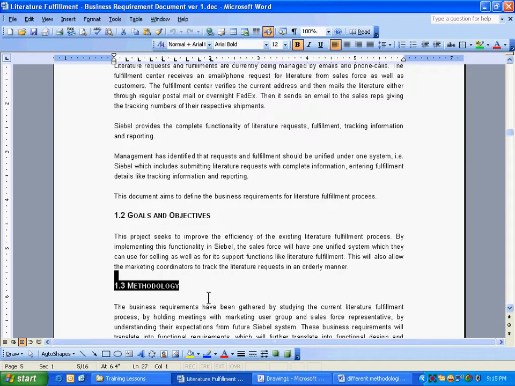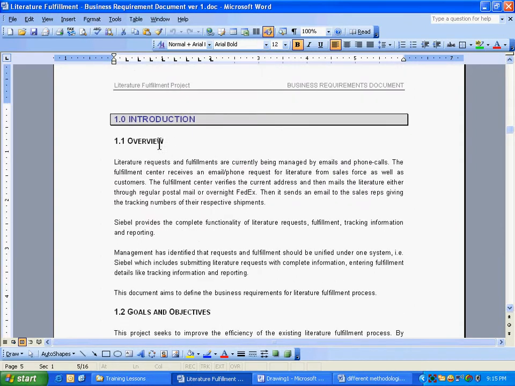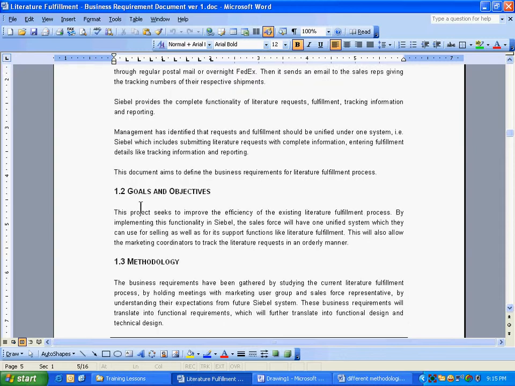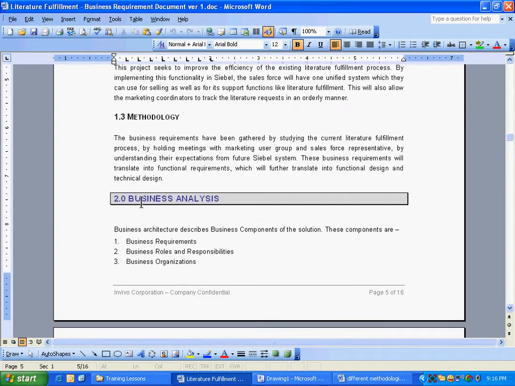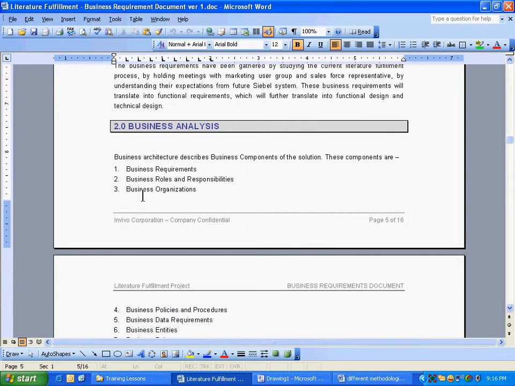But first of all, what contents do you need to put here, and in what flow? The basic idea of the flow should be there. It should not be totally flowless. So there is a specific order, like goals and objectives have to come in the beginning somewhere, right? Instead of overview, I probably would have written executive summary. She's calling it overview, but for me it's the same. So it is a science, but it is an art too. There is a lot of flexibility here. You use your own creativity to make sure that it means something.